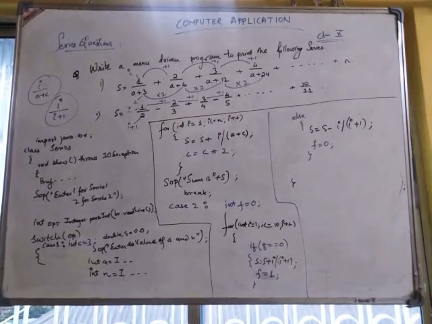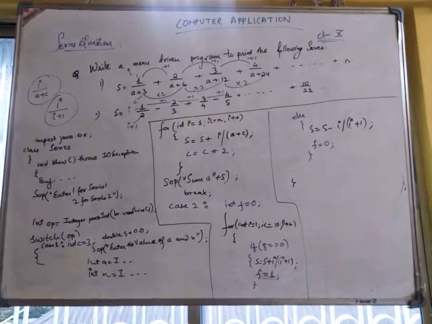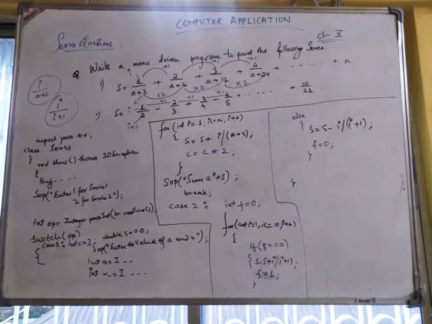We're adding the term, the first term will get added, and after that the f value will change to 1. Okay, for the next term, when the term we have to add is 2 by 3, we have to minus it. Yes or no? We have to subtract it. So what will we write? s equals s minus I divided by I plus 1. So when the first value of f was 0, think properly. What are my I values? I values are 1 2 3 4 till 10.